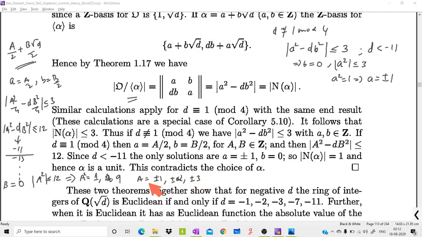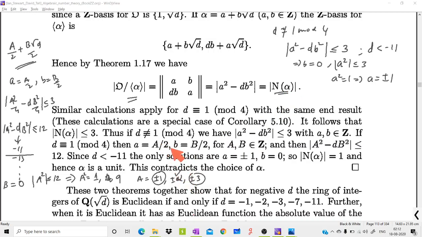These are the only possibilities. If we choose plus or minus 1 or plus or minus 3, you get alpha as plus or minus 1 by 2 and plus or minus 3 by 2. Then when you evaluate the norm, it will never be an integer, because we know that alpha is never an element of z. We know that this norm alpha is always a rational integer, an element of z. So in order to get this norm alpha as an element of z, we need to choose